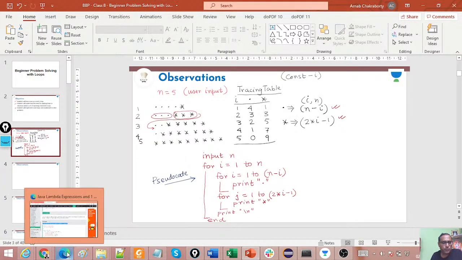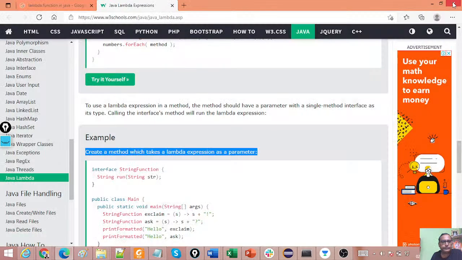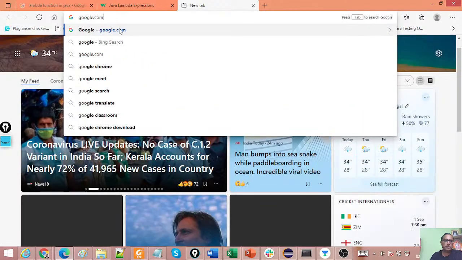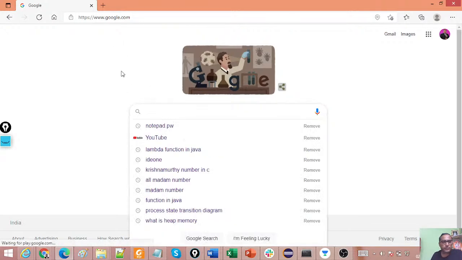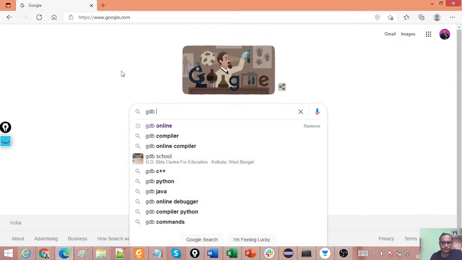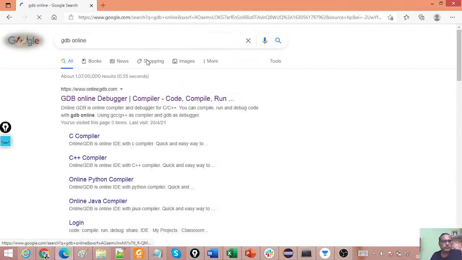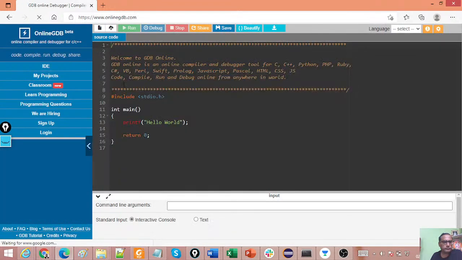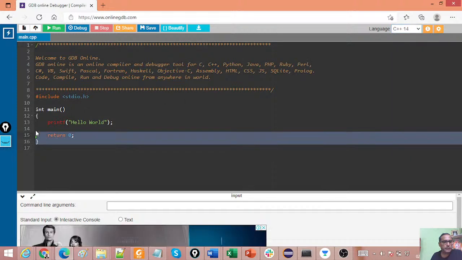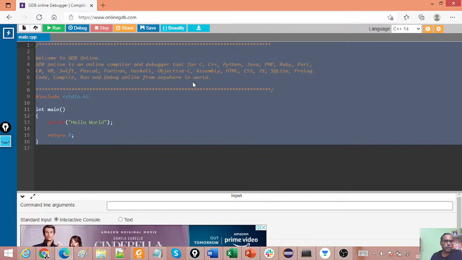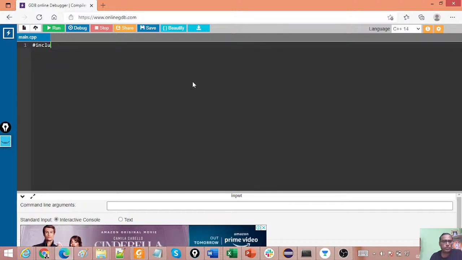Okay, so I'm opening the online GDB here. You asked me to write the code in C++, so making this one C++, writing the code in C++. So #include